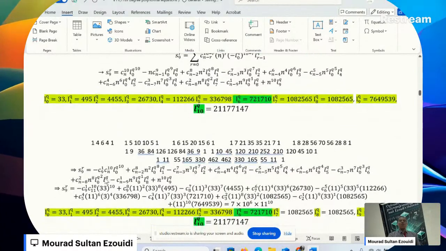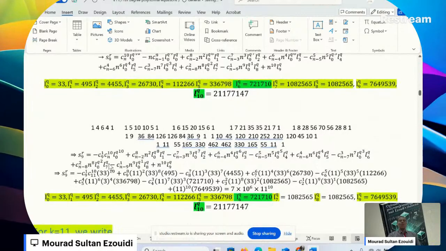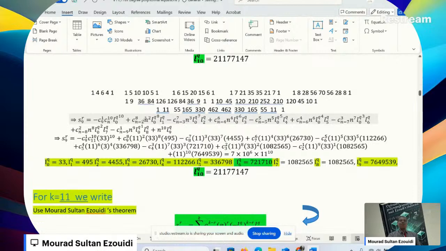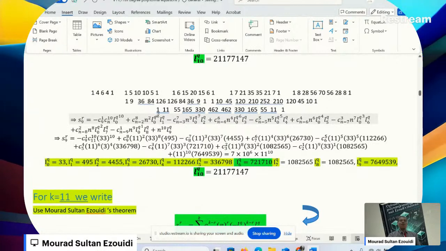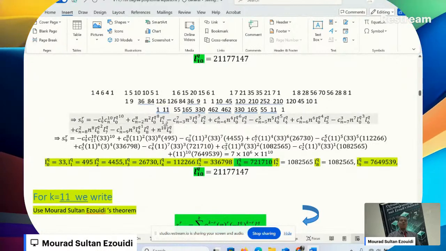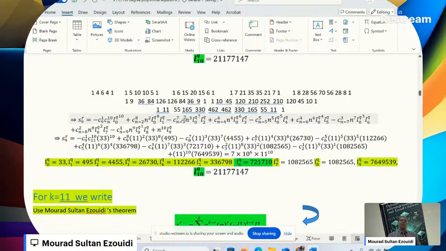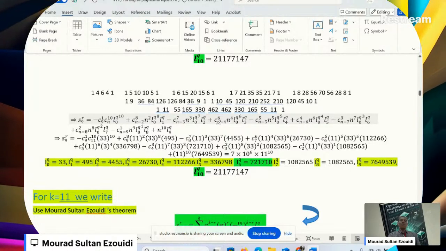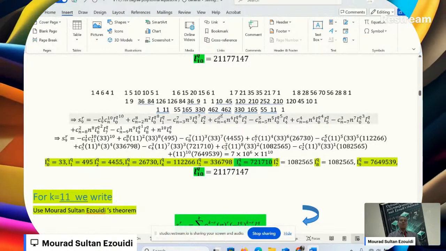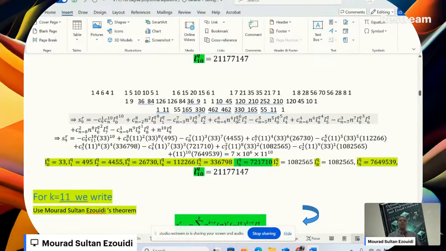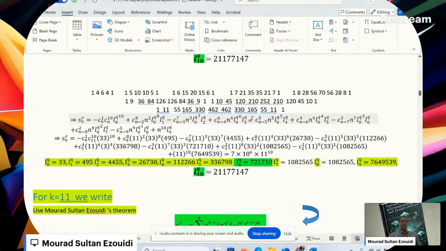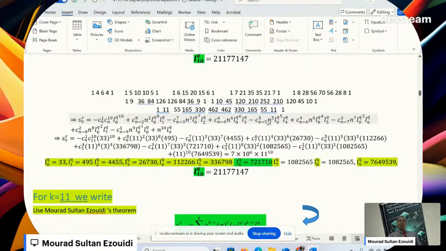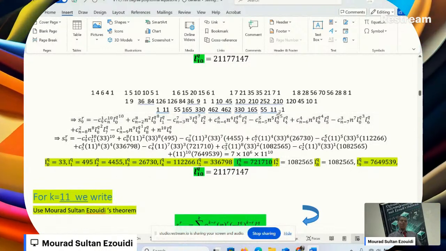S9 is equal to negative n choose 9 choose 1 times combination n choose 10, times L0 of the q raised to the power 10, plus combination n minus 2 choose 8, n squared, L0 of the q raised to the power 8 times L1, minus combination n minus 3 choose 7, n raised to the power 3, L0 of the q raised to the power 7 times L2, plus combination n minus 4 choose 6 times n raised to the power 4 times L0 of the q raised to the power 6 times L3, minus combination n minus 5 choose 5, n raised to the power 5 times L0 of the q raised to the power 5 times L4 of the q,